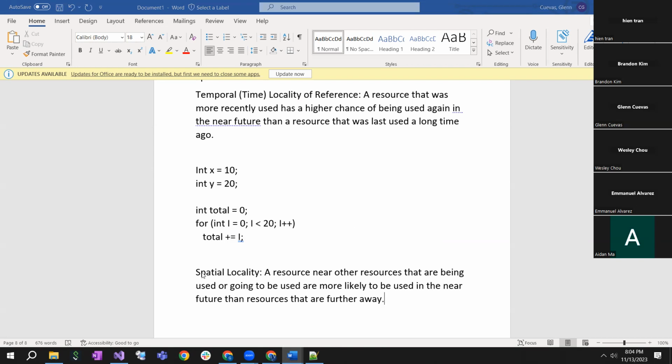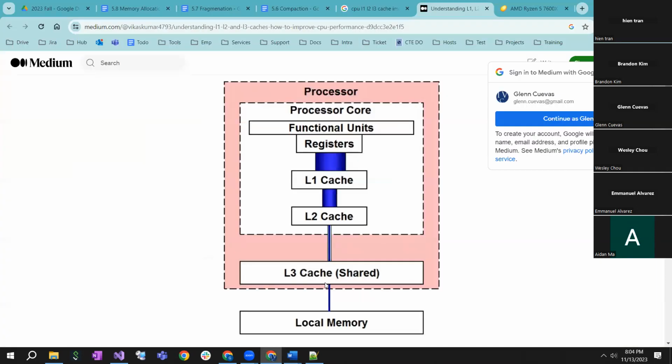Right, so going back to our image, say we had all of our variables here. We had X, Y, I, and total in memory. When these get grabbed, the whole of it might get grabbed when it gets brought into L3 cache. When we're going to L2 cache,